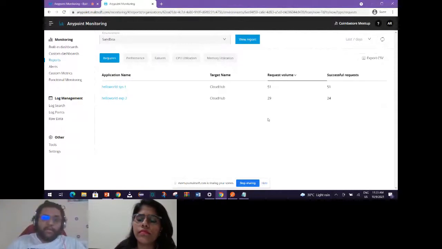But here there is a connection between the control plane and runtime plane, and the runtime plane sends the information about the CPUs, the EC2 instances, the memory utilization, the CPU utilizations to the control plane, and you will be able to see all that here.